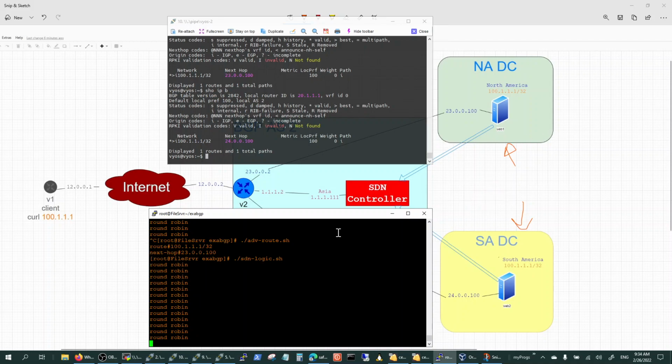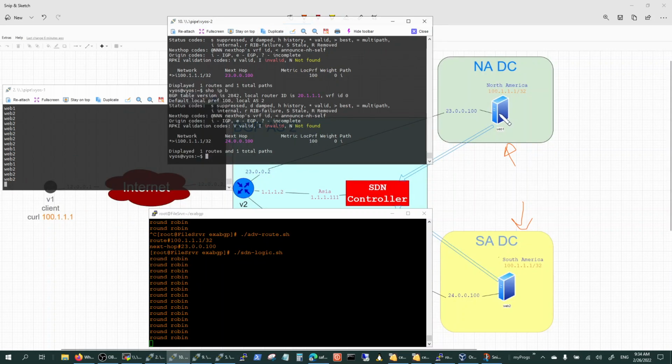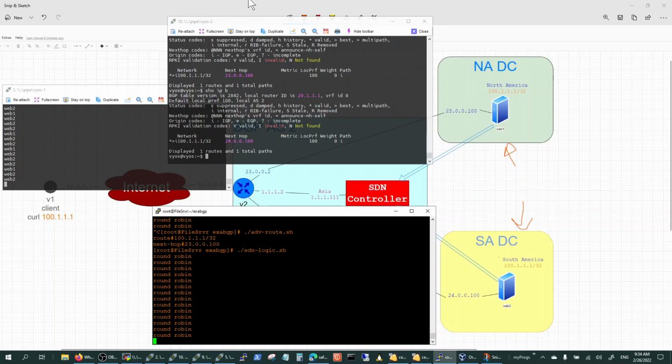All right. So now I'm going to increase the load on this guy, and you'll see what the controller will say. I'm going to do that by simply SSHing into 100. I'm not sure where it's going to go. It could be going to Web 1 or Web 2. So I'm just going to do a command that would